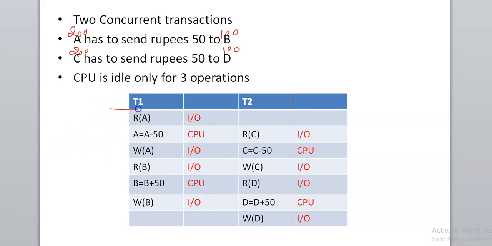In the same way, transactions T1 and T2 will perform, but the only difference is that T1 performs its operations from the beginning, that is, it will start before T2. Operations in T2 start after operations have started in T1. So here first a read is performed on A, then deduction, then a write on A. The same way read B, addition and then update. The same way T2 is performed: reading C, deducting 50 from C, writing back to C, reading D, adding 50 to D and writing back to D.